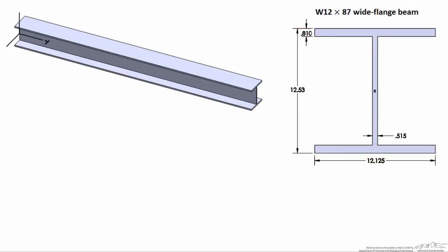Let's start by defining the coordinate axes. I'll run the x-axis down the length of the beam, the y-axis vertically, and the z-axis sticking out in the other direction. When we look at the section on the right, this dot in the middle represents the centroid. And from this direction, y-axis upward, z-axis to the left, and the x-axis comes straight out at us. Typically for a wide flange beam, a load would be applied downward to the upper flange, and the beam would tend to bend about the z-axis.